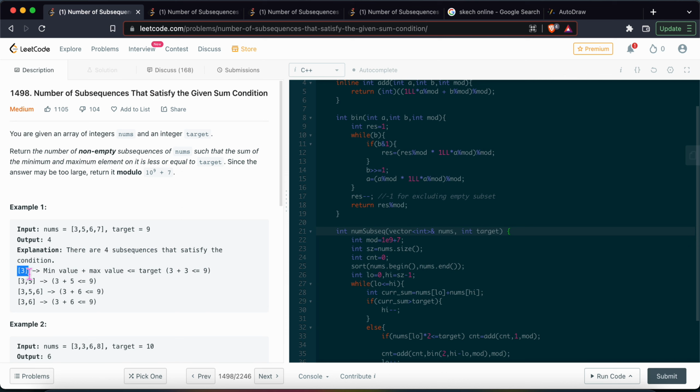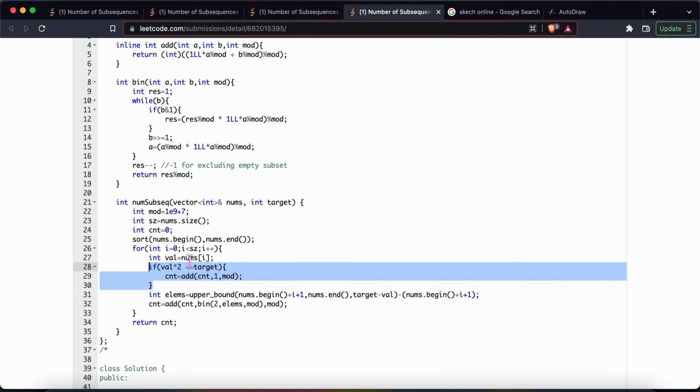So this 3 is taken one time. However, since only one element is there, the smallest element and the greatest element will be the same, so the sum is 6. So 6 is less than 9, that's why this will be one valid answer. Okay, so we will check if this value satisfies or not, and then we will try to find